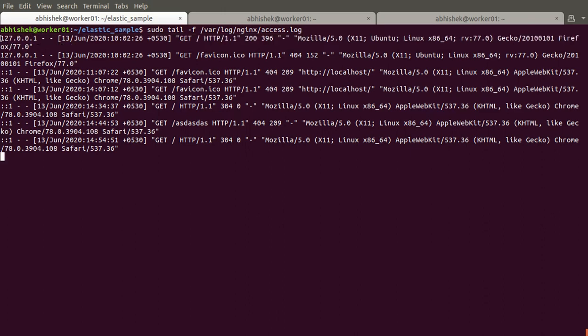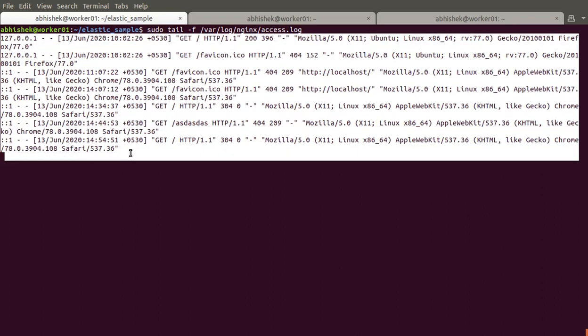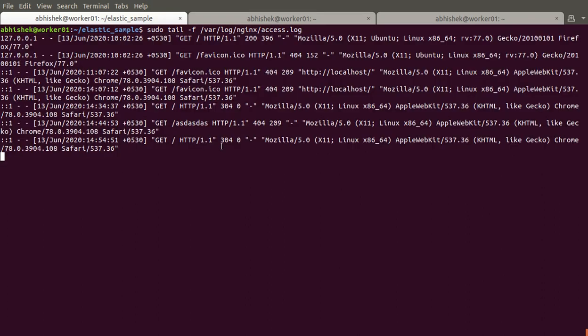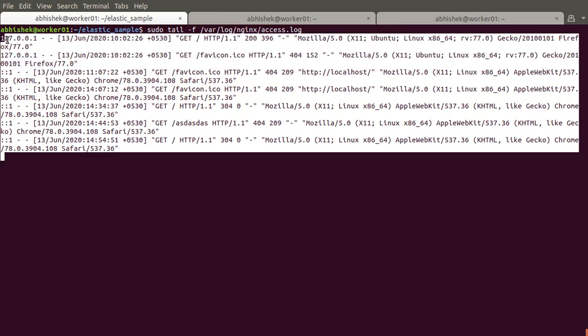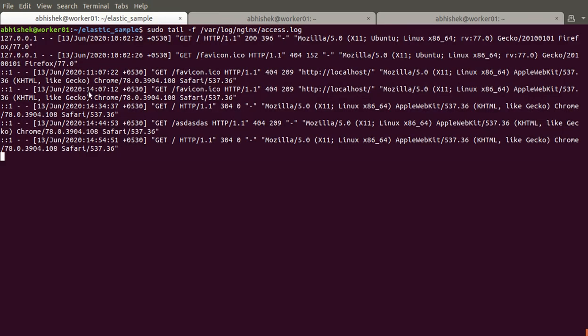So here is the IP and then a space, timestamp, and then a space, request method, GET, and then a space. So space is used as a delimiter or separator between different data sets, and we cannot monitor this text format. So we know that in Elasticsearch we can only store the JSON data. So if there is any way we can convert these unstructured logs into JSON documents, then we can store this data in Elasticsearch as well.